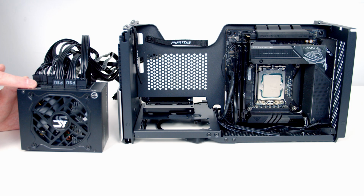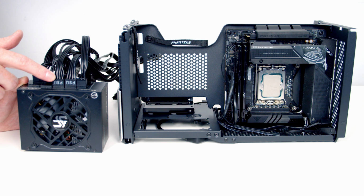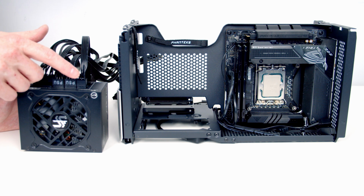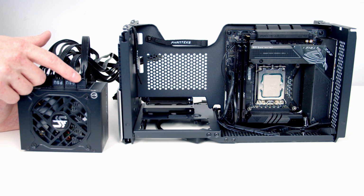We're now ready to install our power supply, and although it is fully modular, I've gone ahead and plugged the cables in that we're going to need. So we've got a 24-pin connector, a single PCIe cable which has 2 6+2 pin connectors, which is exactly what our graphics card is going to need. We've got an 8-pin EPS cable, and we've got a SATA cable